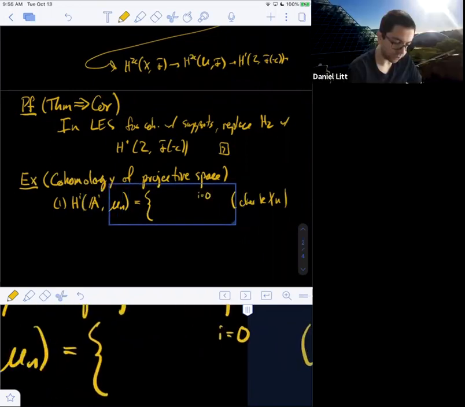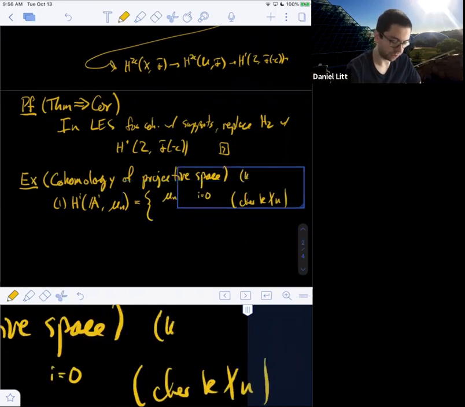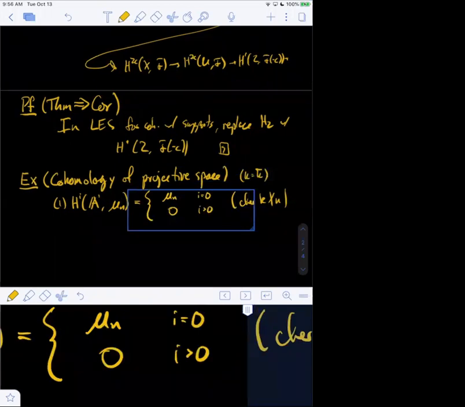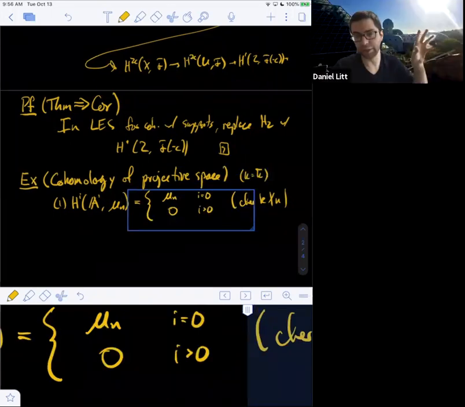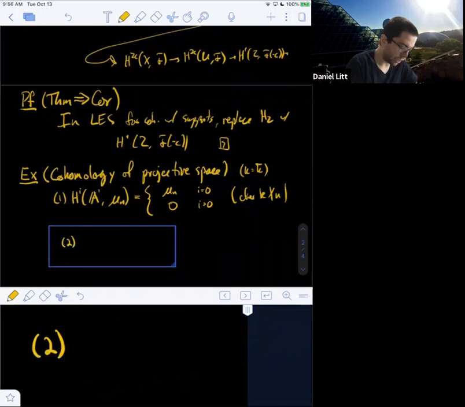Yeah, so for i equals 0, with Z mod nZ coefficients it would be Z mod nZ, with mu_n coefficients it's mu_n. Let me be clear, I'll say k is algebraically closed. And then for i bigger than 0, it's just 0. And why is that? Well, we had this long exact sequence from the Kummer sequence, which related the cohomology of mu_n to the cohomology of G_m. The cohomology of G_m vanished in degree bigger than 1 and was just Pic in degree 1, and Pic of the affine line is 0. So that's why.